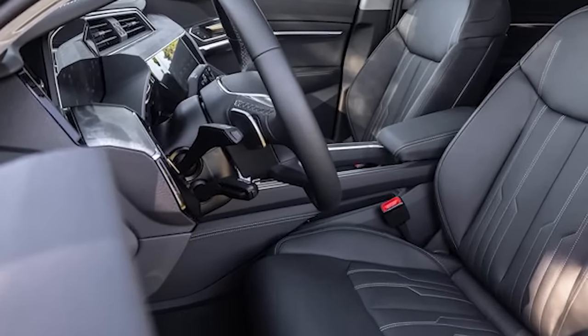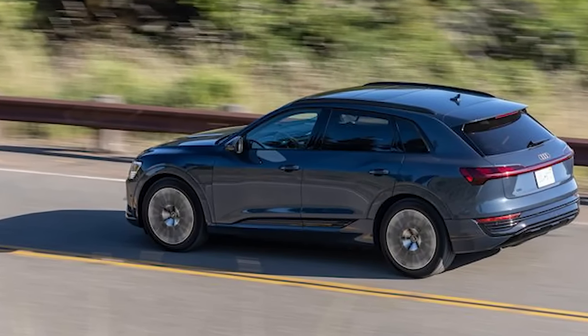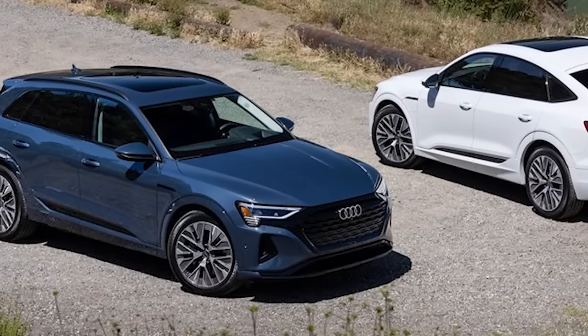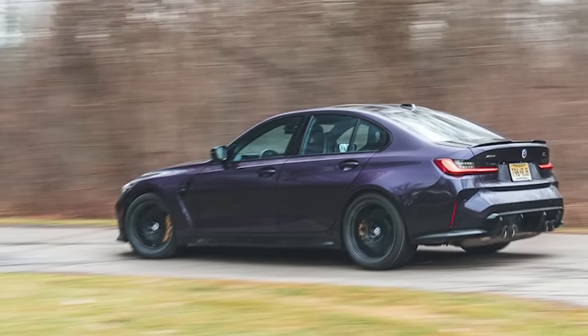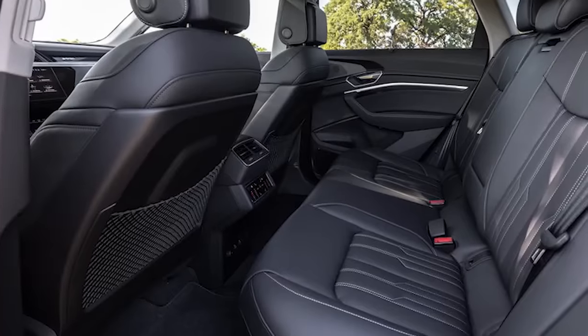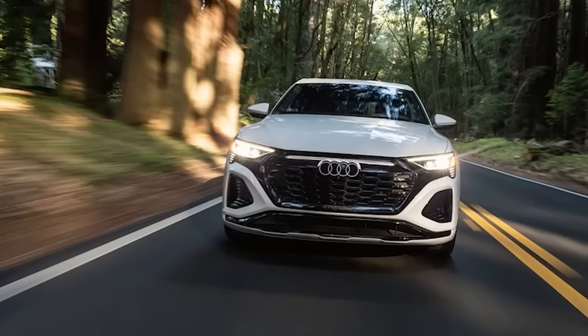Brake energy regen can be adjusted via paddles on the steering wheel, and the most aggressive setting will just about bring the car to a complete stop. The brake feel is fantastic, with no grabby spots in the pedal travel as the Q8 transitions from regen to friction braking. As is often the case on California's Highway 1, we had to stop several times due to road